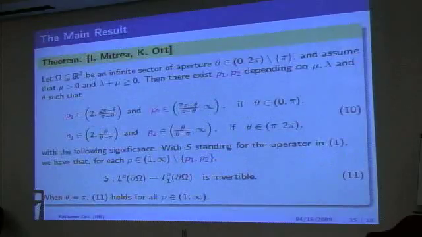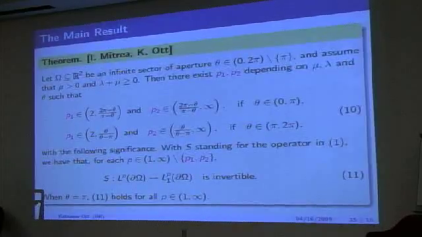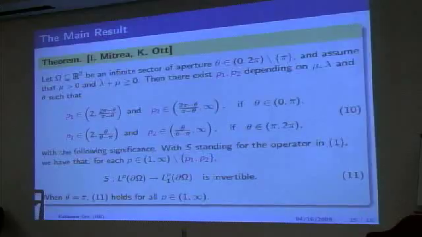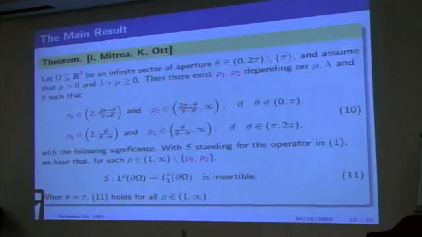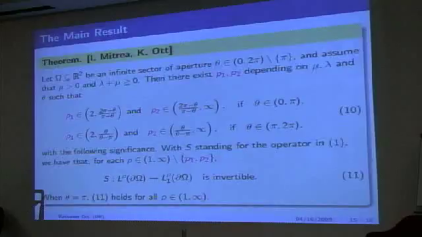So here's the theorem of our work. This is joint work with my PhD advisor, Irina Petria. Let omega be an infinite sector in 2 dimensions with aperture theta between 0 and 2 pi; at the top here I've excluded the case theta equals pi. If you think about that, it corresponds to the smooth case, since that would give you a straight line. Then we come up with 2 critical indices, P1 and P2, that we are able to capture inside these intervals, depending on the aperture of our sector, where our operator S from LP into LP1 fails to be invertible.